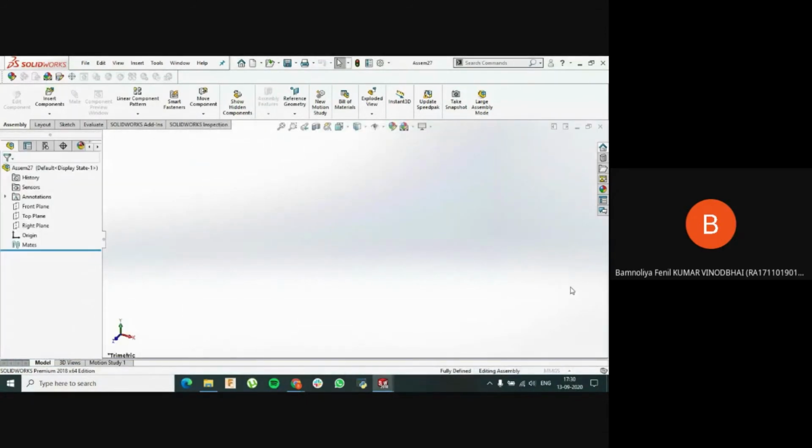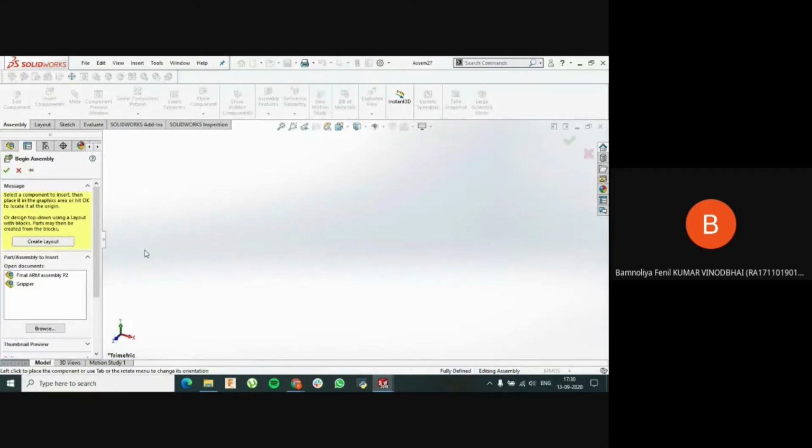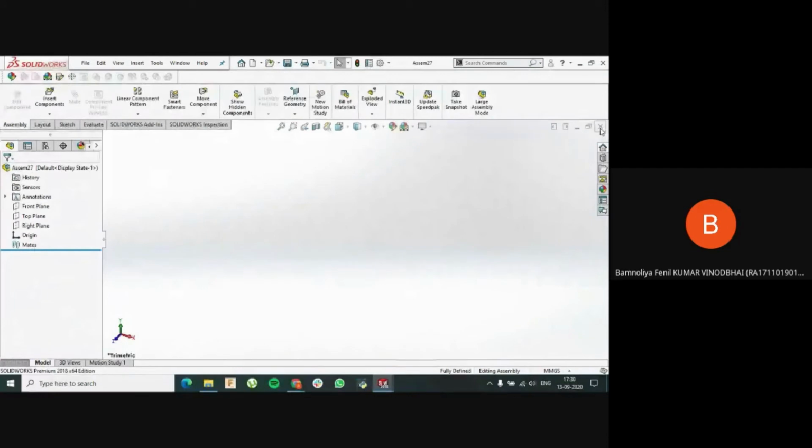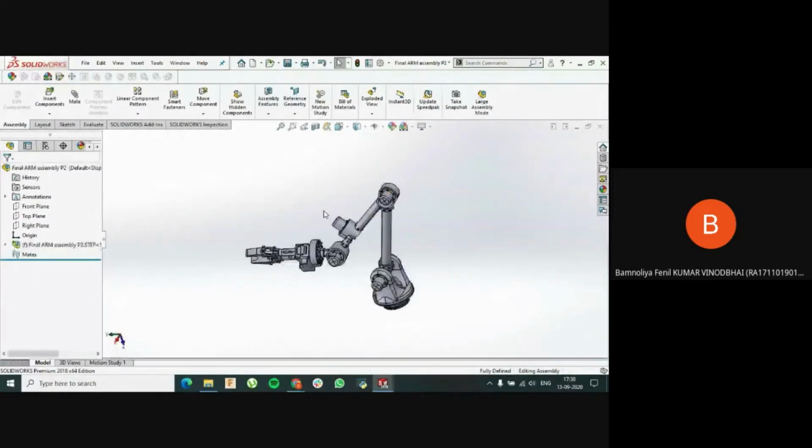And you get this window, right? On the very left side, there is a drop down menu where you can drag and drop your individual part and start the assembly, or else browse from your device and start the assembly. So there are basically two ways to import the parts.